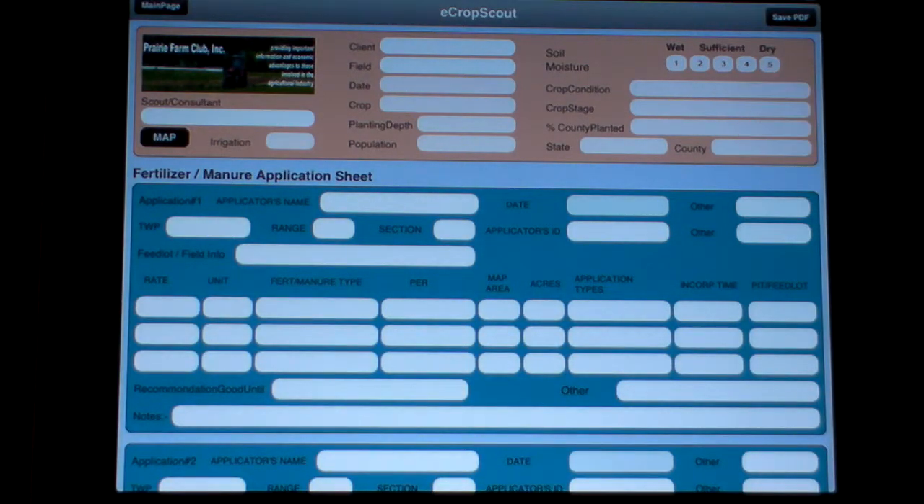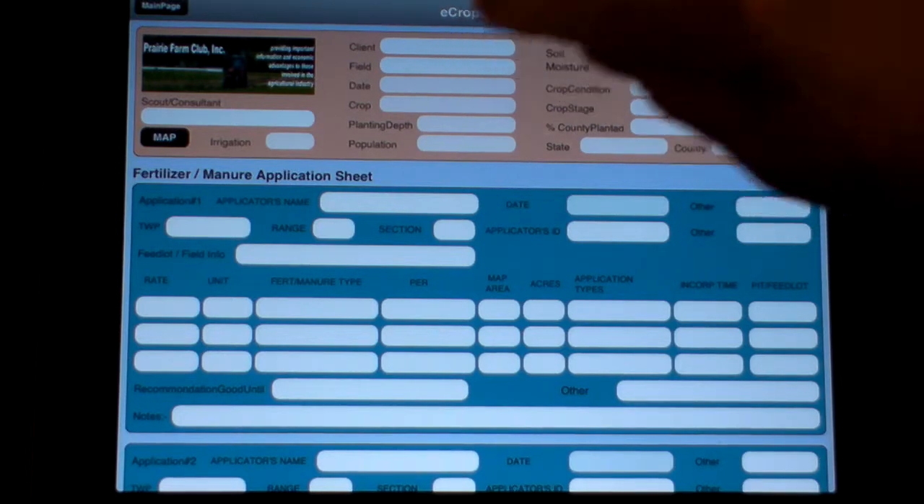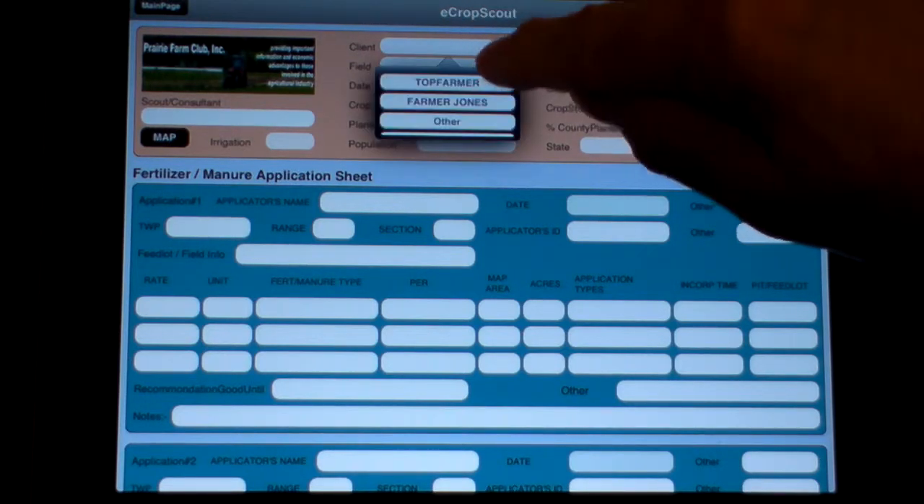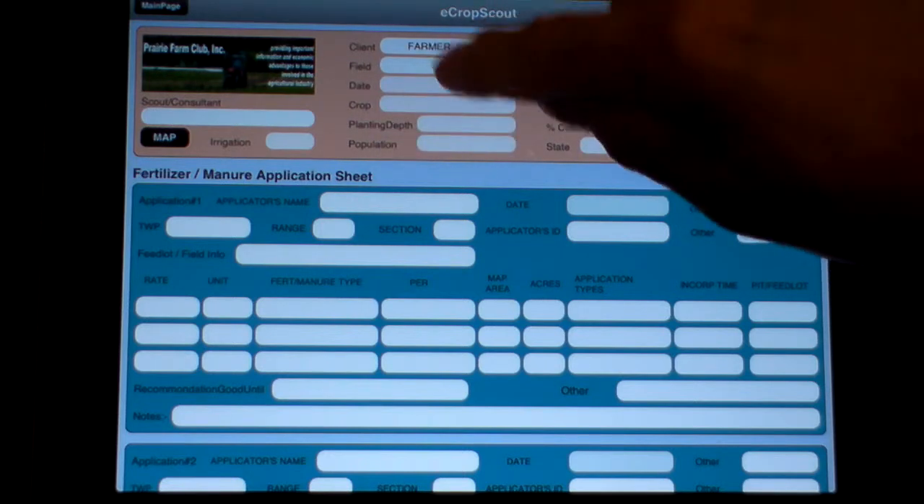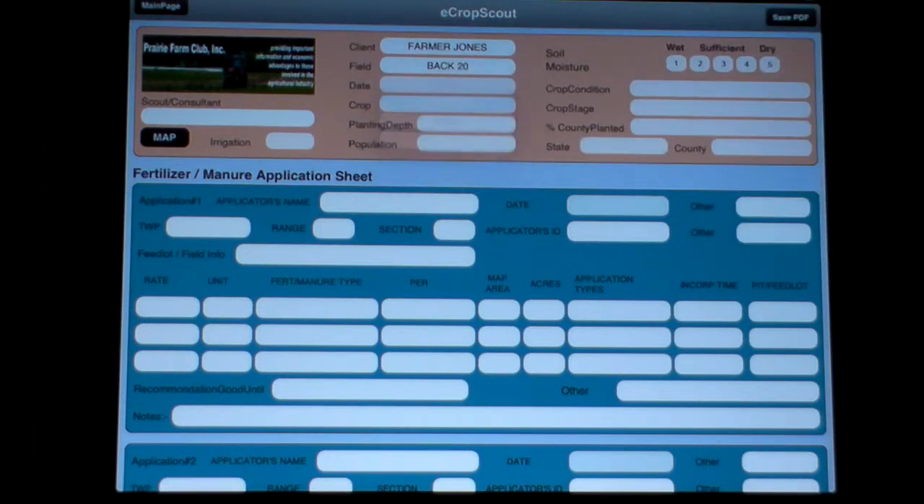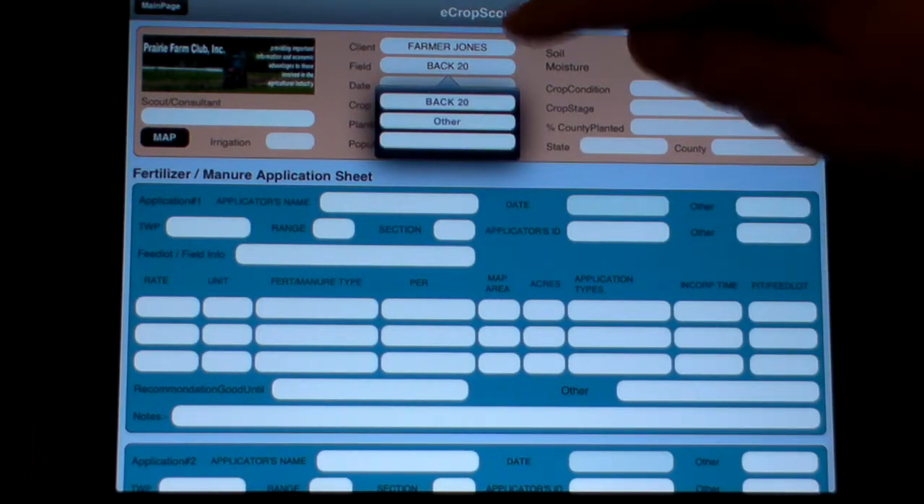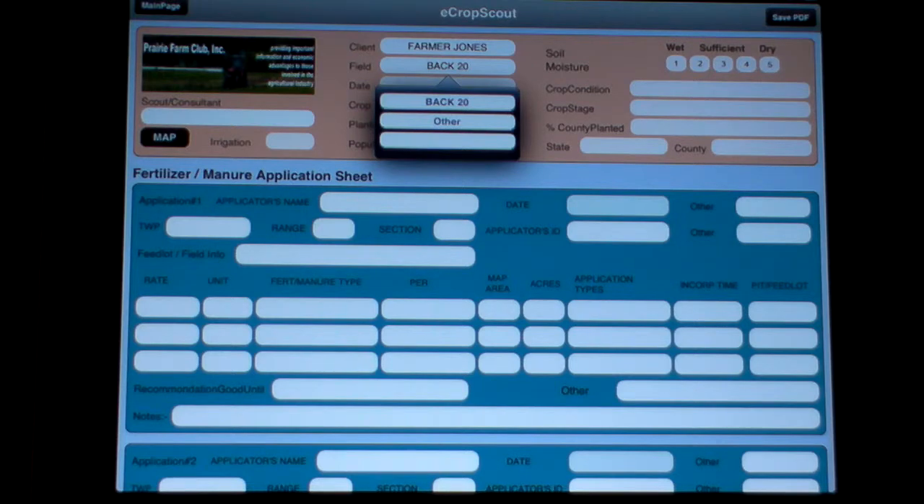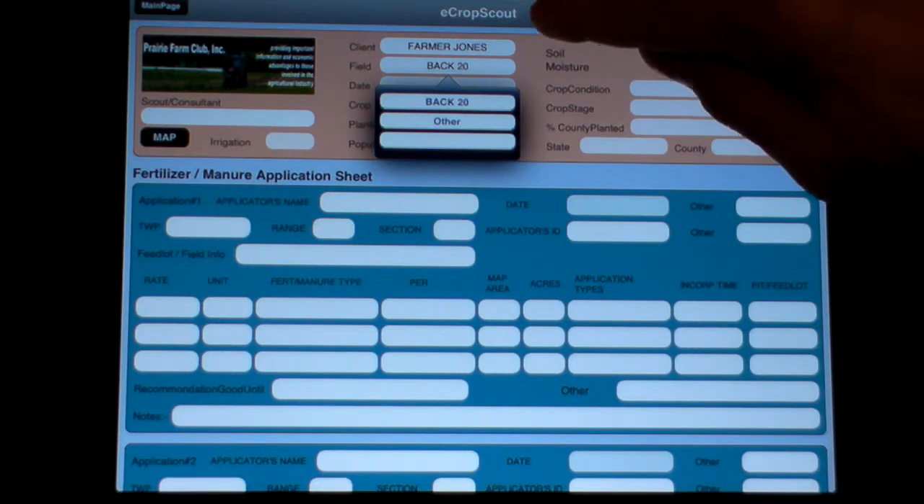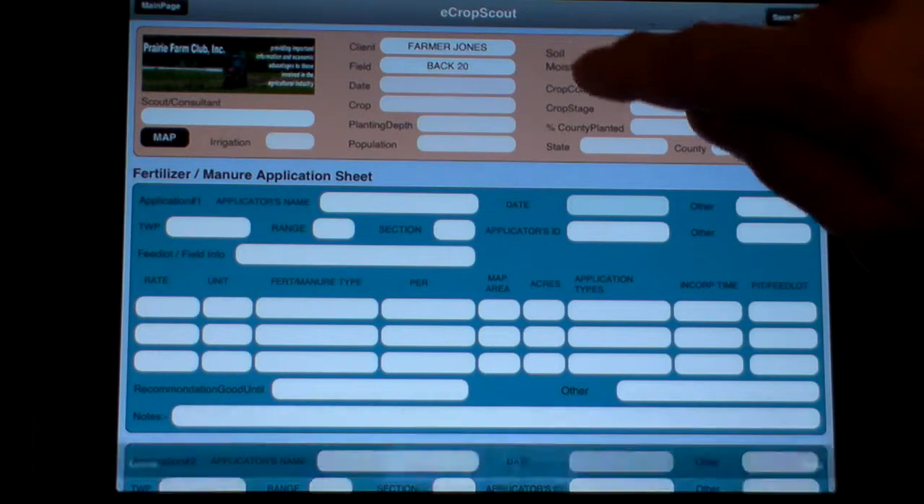Okay, the top part is the same as the other apps. You can put in your own logo if you want to. You put in the client's name or the farmer's name, and the fields associated with that will come up. You can put in more fields. Just go to this and click on other, and you can add in more fields for that particular farmer, and the next time they come up, they'll come up through the database. And then you can put in the date,